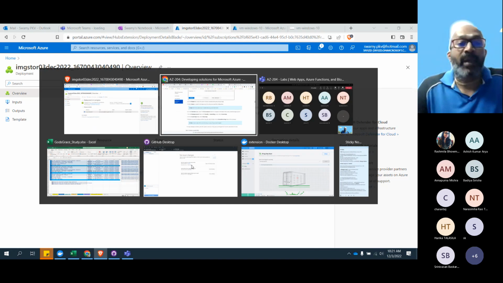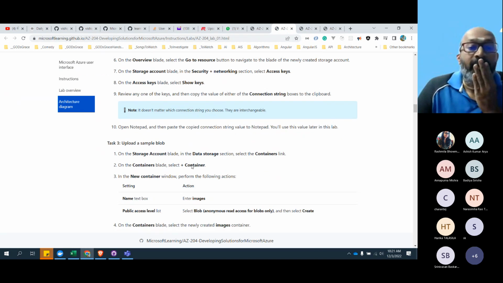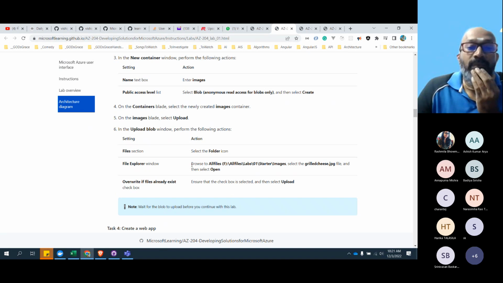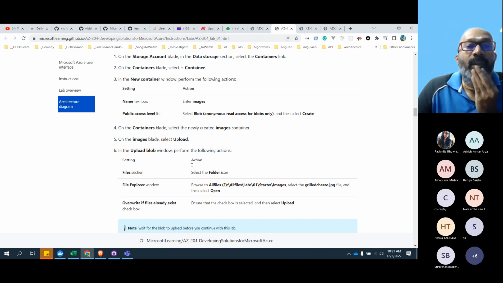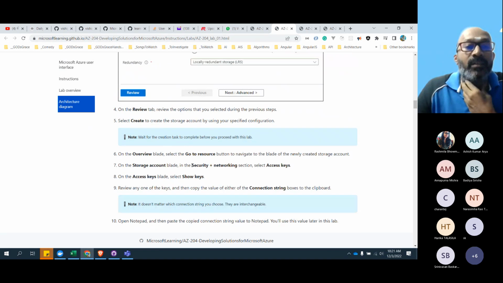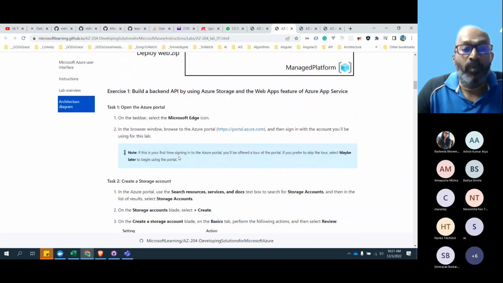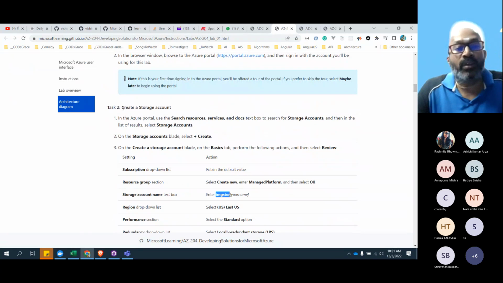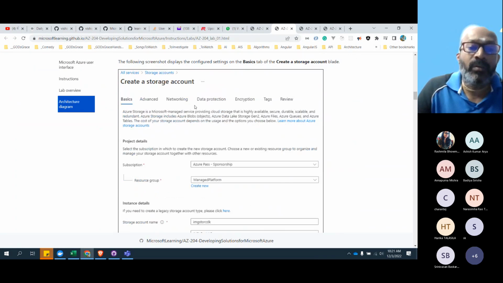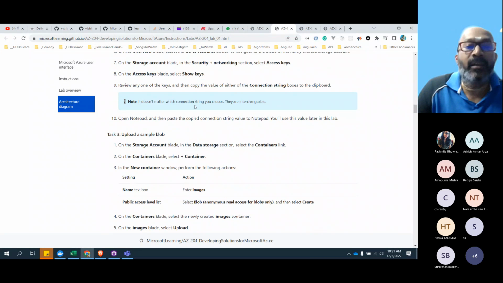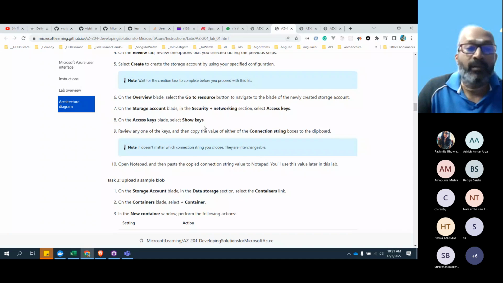Now let's switch back and see what it is creating next. What it says is, task 1 is we open the portal. Task 2 is create a storage account. We just created the storage account. It is spinning up. It might take a little bit. We'll come back to that.